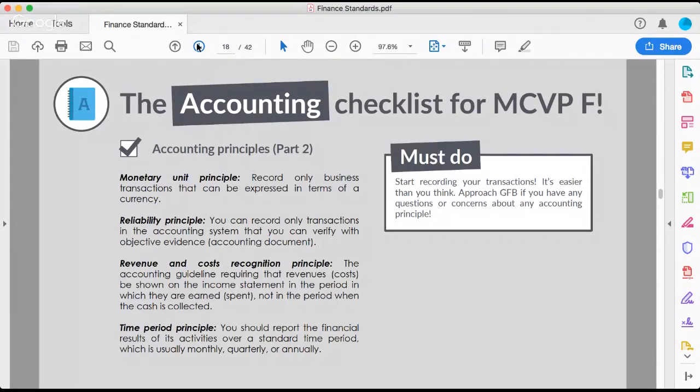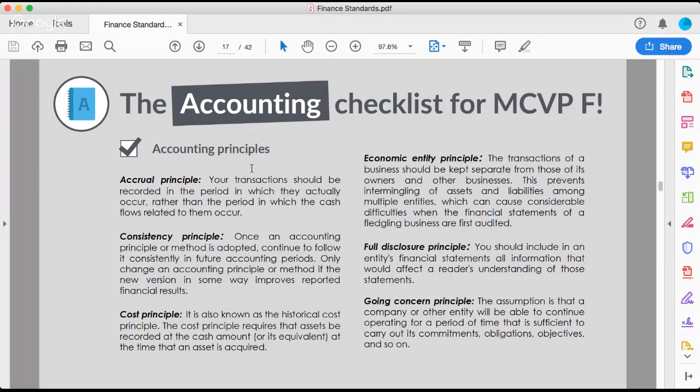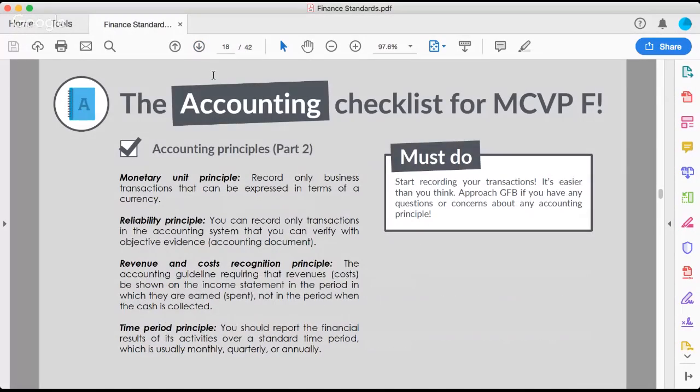The reliability principle means that you can only record transactions that have a supporting accounting document. Then the revenue and cost recognition principle means that you recognize the revenues and costs in the period that they're earned or spent, and not in the period when the cash is collected. This one is super similar to the accrual principle. However, the difference is that the accrual principle is about all transactions that you're making, and the revenue and cost recognition principle is about when you are